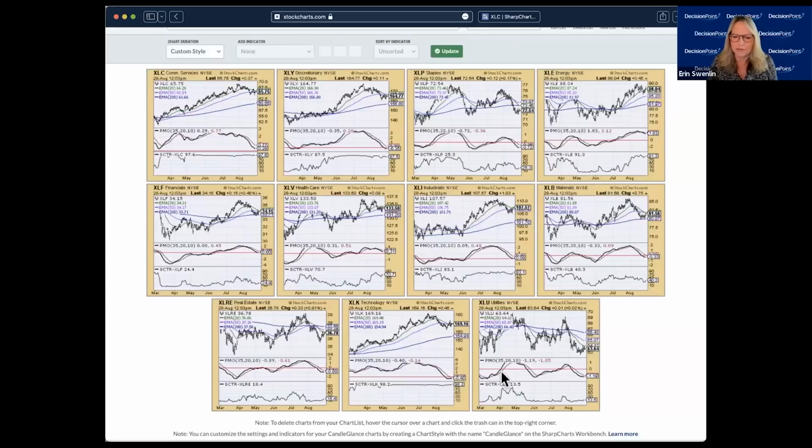So overall, I would say you've got two defensive sectors that are kind of leading the market right now, at least as far as what's looking bullish with rising momentum. I'm not saying that the others are bad. There's certainly some deceleration going on in a few of these sectors, but these are the most interesting to me. Materials is not really a defensive sector, but it's not really an aggressive, growthy type sector either, like technology. But we'll take a close look at technology because that PMO is flattening. And then we'll look at the two defensive sectors, real estate and utilities, with a little drop into materials as well to see what's going on there.